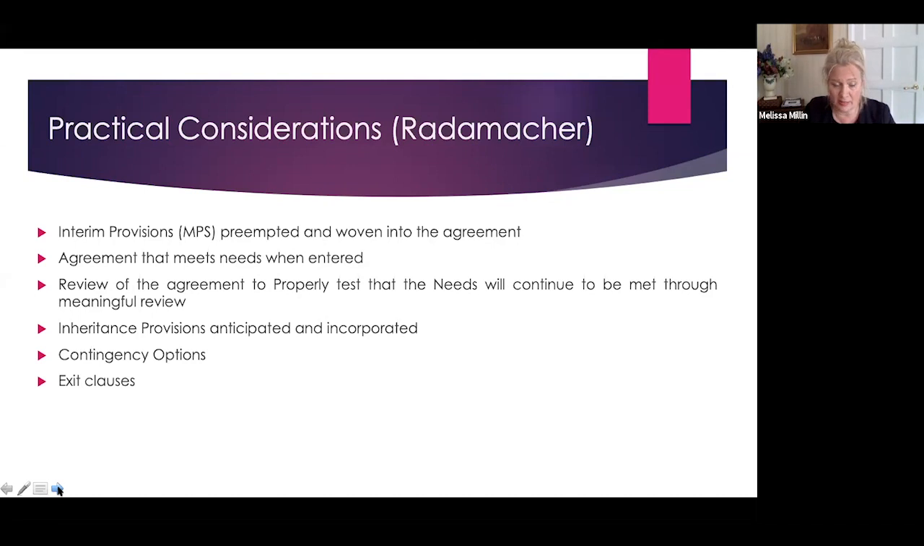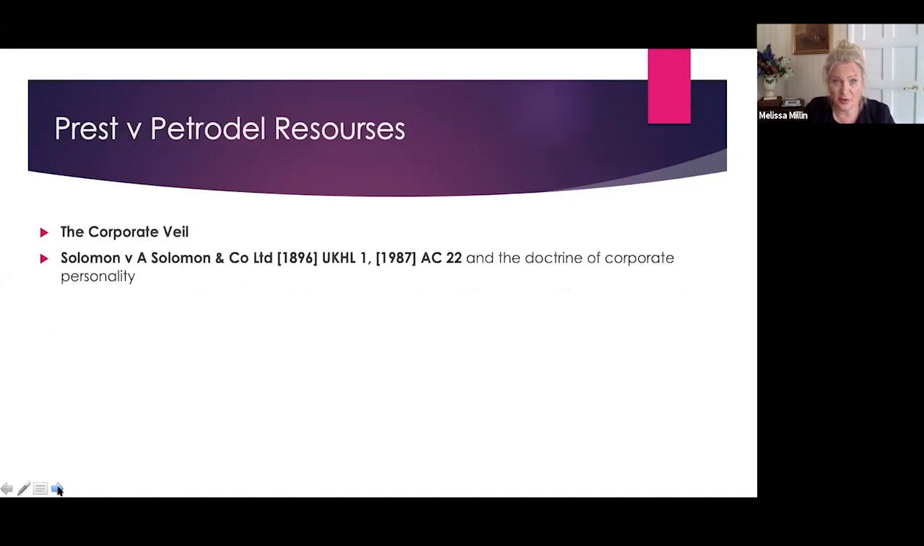The next case that I'm going to move to is that of Prest v Petrodel Resources. I don't think this has ever been attempted in 5 minutes, but I'll have my best effort here. I will start with a presupposed knowledge that everybody accepts and understands the doctrine of the corporate veil, and understands that companies have a separate legal identity, the same as people. If we move forward,